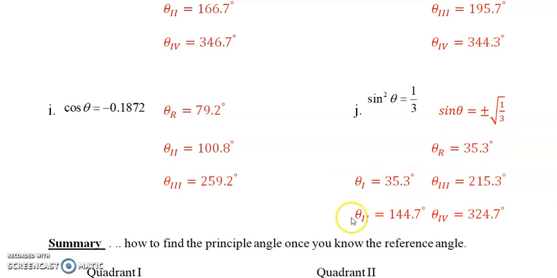So that's quadrant 1. Quadrant 2, we subtract that from 180, and we get 144.7. Then, to get the quadrant 3 answer, we add 35.3 to 180 to get 215.3. And then to get the quadrant 4 angle, we take the 360 and subtract our reference angle of 35.3 to get 324.7. So anytime you take the square root of both sides, remember that can be plus or minus, so